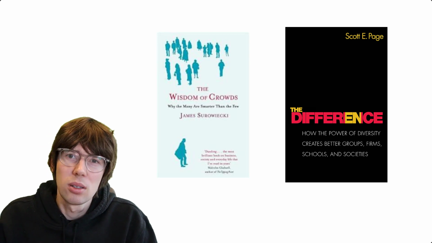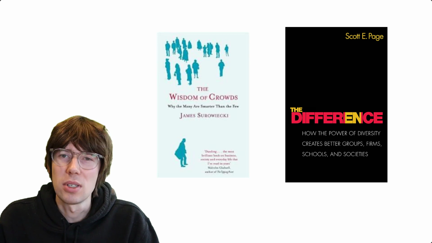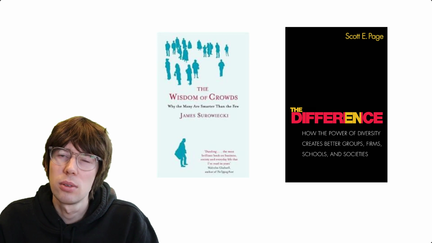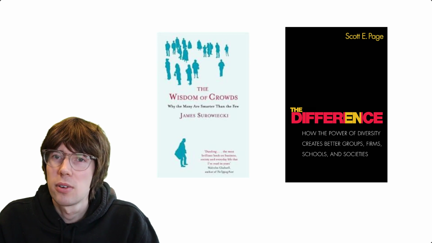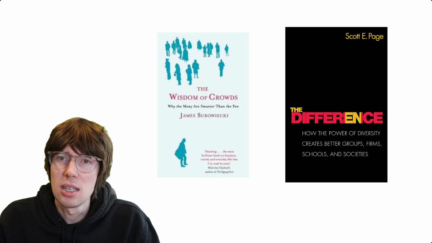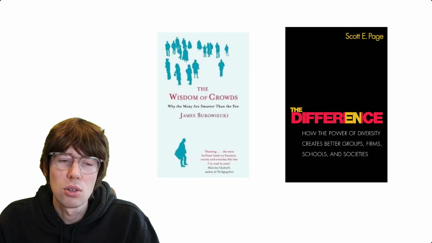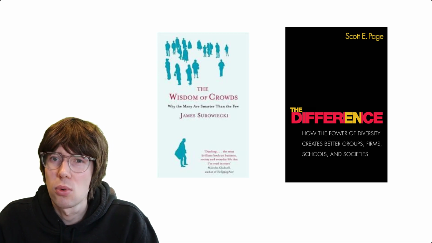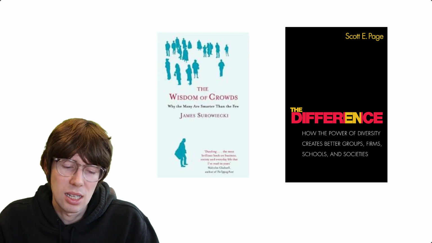This book really goes into detail on wisdom of crowds. It explains exactly what is meant by cognitive diversity. It creates a framework for that, and it also goes into the mathematics and intuition behind it. Why does wisdom of crowds work? Under what conditions does it work? How does it work? The mathematics is explained there.